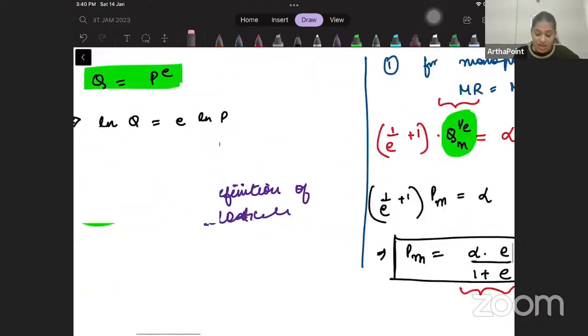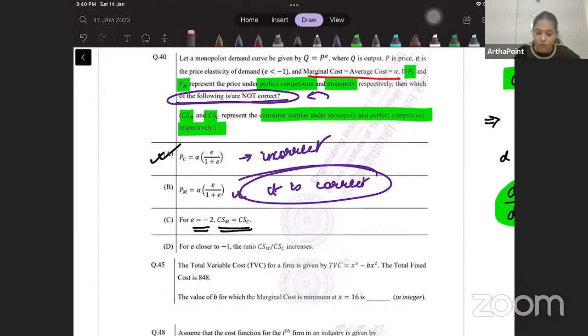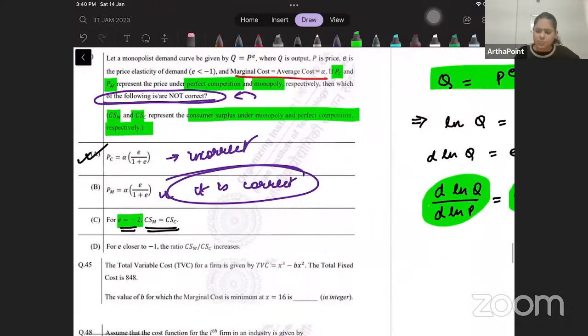Now the question is asking what happens when elasticity is -2. Are the two consumer surpluses equal or not? So let me put -2 here. Let us go back here and put -2 in this. If I put -2 here, what is going to happen? Let's check. So I'm going to have this as alpha minus